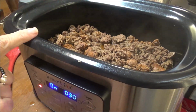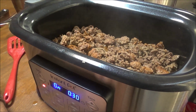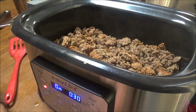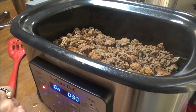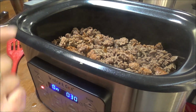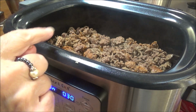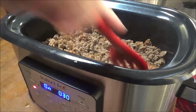Now I've got 2 pounds of ground chuck in here. I was going to put a pound of Italian sausage and a pound of ground chuck, but when I got out what I thought was Italian sausage, it ended up being chorizo, and I cut up 3 lengths of it and put it in here. So it's 3 lengths of chorizo in here plus 2 pounds of ground chuck now. And this is already browned,